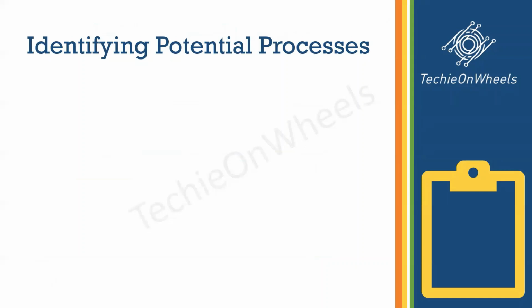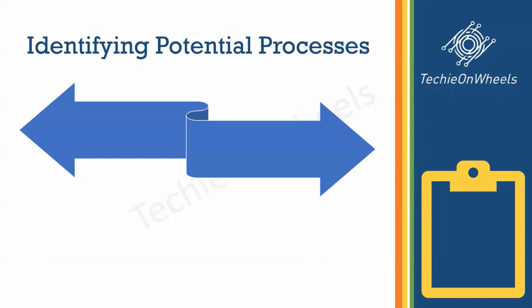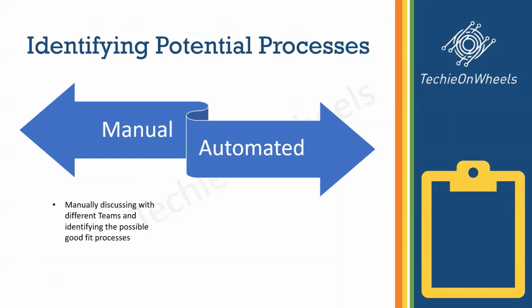This is the very first phase. It can be performed in two ways. One could be the manual one and the other would be the automated one. So now let's look at how the manual one looks. When we talk about manually identifying the process, like the name says, business analysts, SMEs, and the client owners are involved